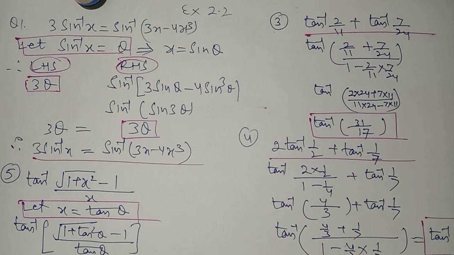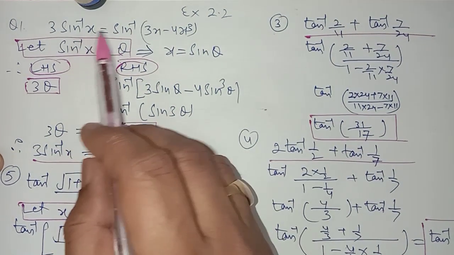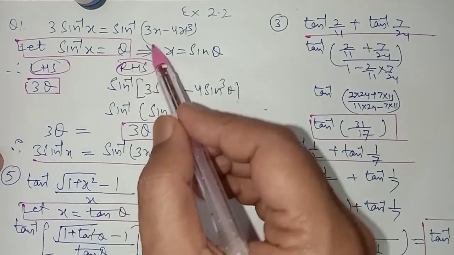Hello, this is lecture number 3 for the chapter Inverse Trigonometric Functions for class 12th. In the last lecture we discussed exercise 2.1. Now we are discussing exercise 2.2. In question number 1, you have to prove that 3 sine inverse x is equal to sine inverse